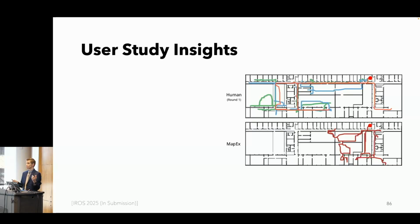And so we found a lot of interesting things. First thing we found was that users did perform better than our baseline. In this case, MapX. So on the right, you can see some example paths. So these were 3 different users from the same starting point. And you can see how they explored throughout the space more, with the orange one going more to the left and the right. You can see in this case that MapX did tend to clump itself up a little bit more and didn't